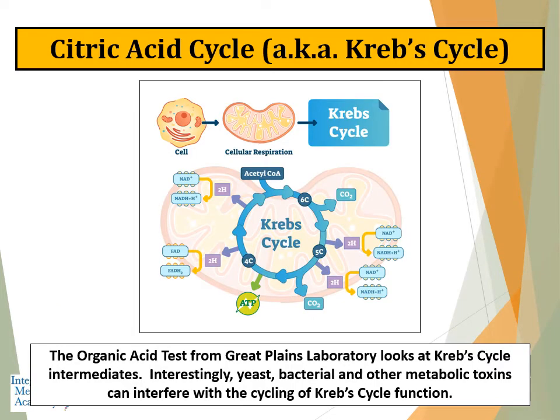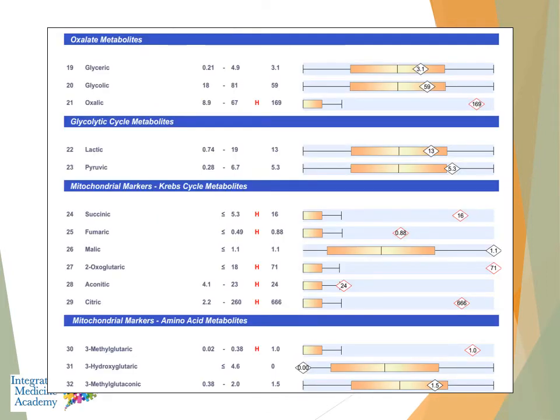So the organic acid test gives us insight into the Krebs cycle, with related markers such as succinic acid and malic acid, for example. It also gives us insight into how amino acids are sequenced through mitochondrial activity. And there are other markers on the test too, such as fatty acid metabolites, which also have a link to mitochondrial